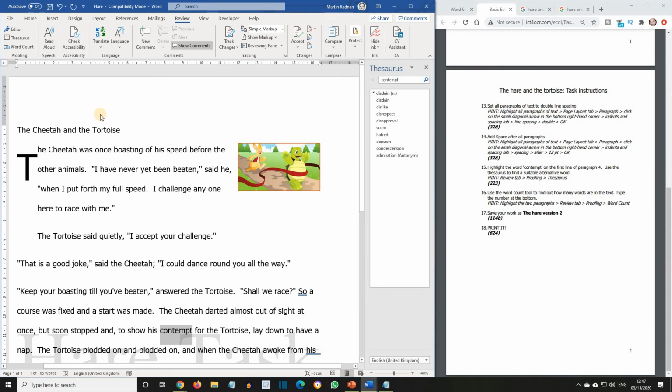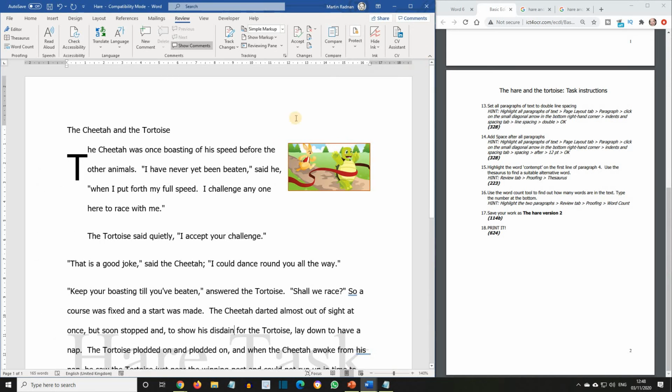From the options, select a suitable alternative word, let's say disdain, and type in this alternative word as a replacement for the word contempt in your Microsoft Word document. Close the Thesaurus window,